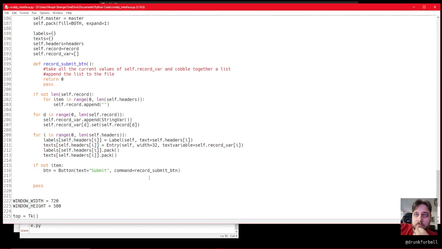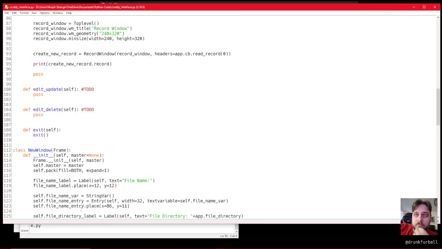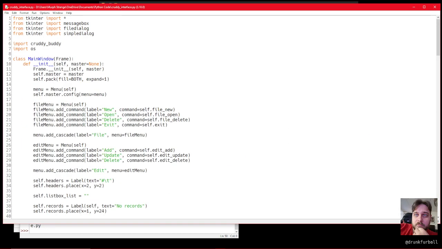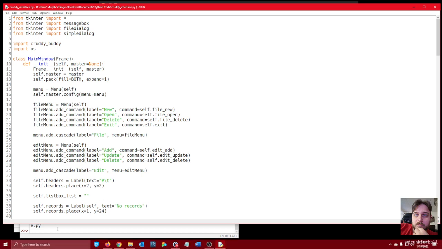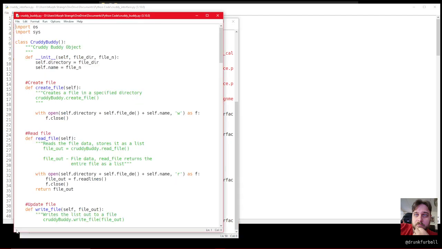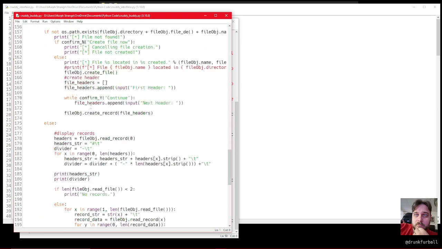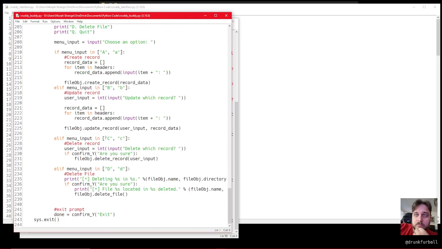But our program is still less than 250 lines for the graphic user interface, which is actually kind of impressive. How much is our Cruddy Buddy app? Like the original. Options, show line numbers. The original, the command line